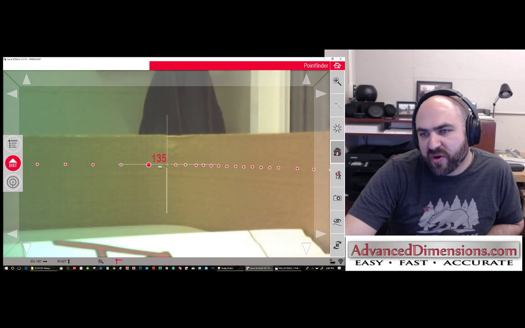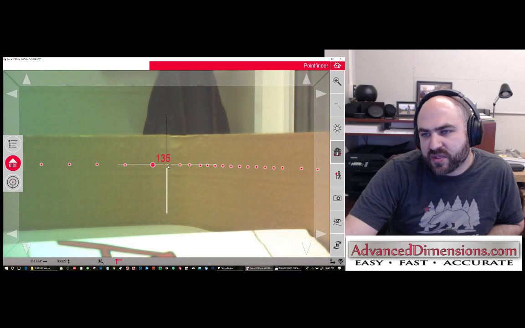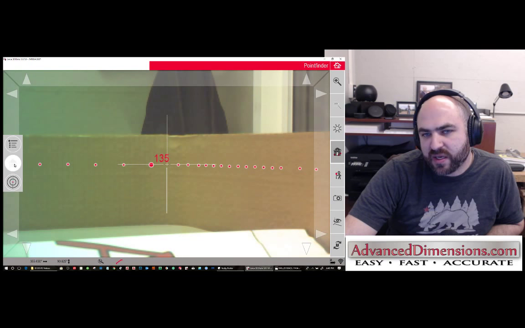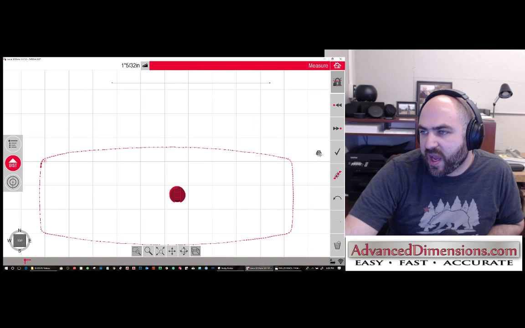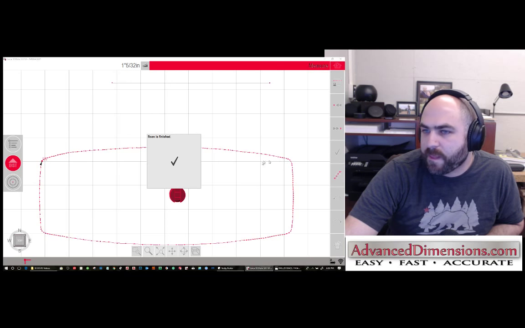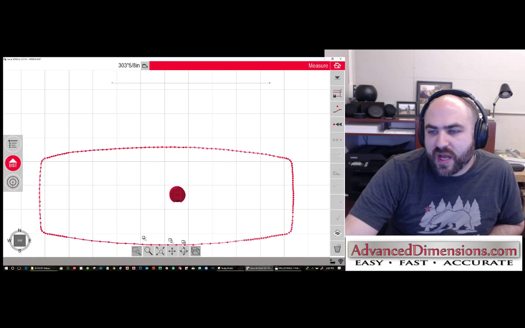So here's my 135, and I want to just grab an extra point here. So I just align it with the points that are already there, and I'm going to click the disto button, or the dist button, and now you'll see that point is automatically added in there. So now when I'm all said and done, I can go to the top view and take a look, and I'm going to click the checkbox to say I'm all done with this auto scan. So now I have the auto scan, and